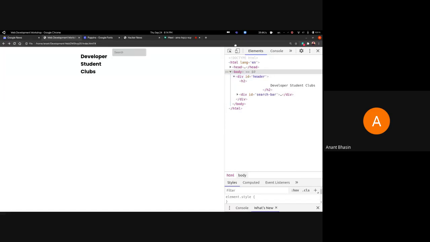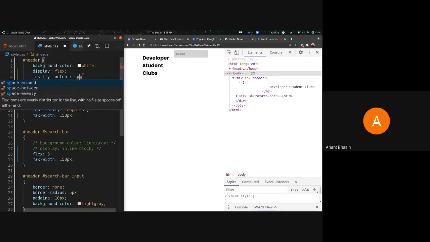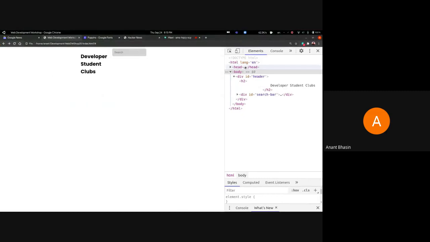Now the center value might not be the most interesting value for this particular property. What we can also do, which might be more interesting, would be space between, or space around, space evenly. Okay, let's first see space evenly. This is the most good looking, the most comfortable looking value for justify content when you have elements like these. So if I do space evenly and I reload,